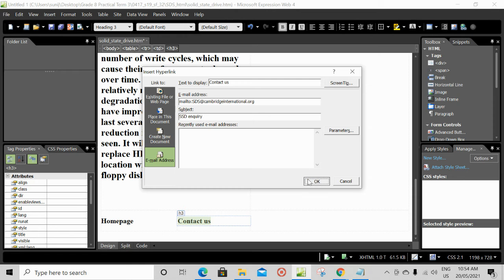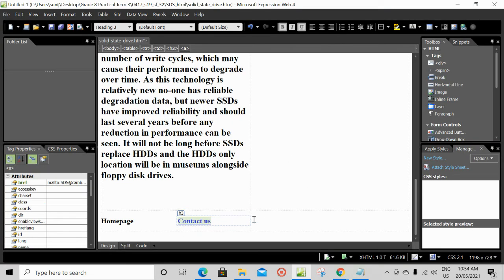Click OK. Now you can see that text has got changed to blue color with an underline, which shows that it's a hyperlink. So if you move your mouse pointer over there, you can see the mailto address here and the subject SSD inquiry. So that is done.